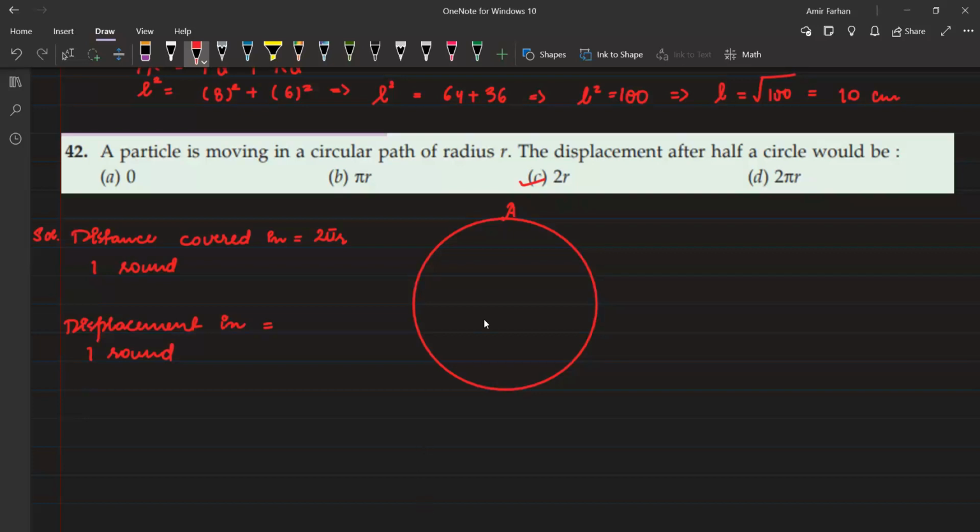No. Look, what will happen: if you have started from here and again you are at the same position, then according to the definition, is distance equal to displacement? No. Distance is not equal to displacement. The shortest path between the initial and final point is nothing but you are standing at the same